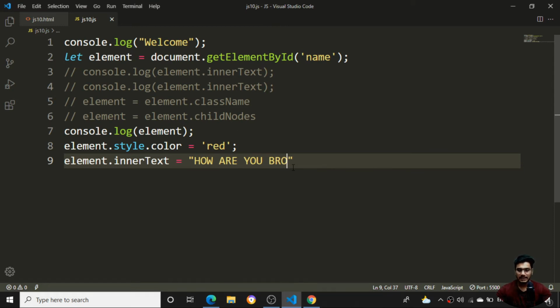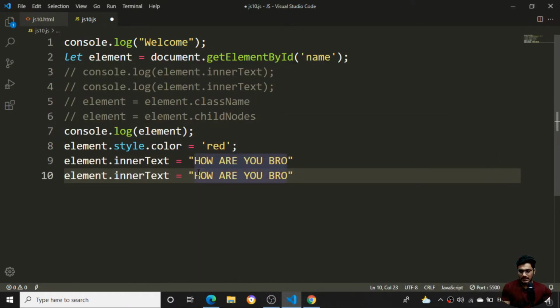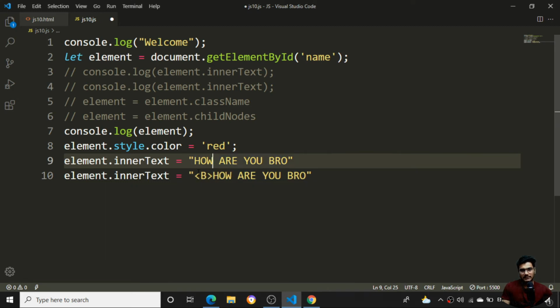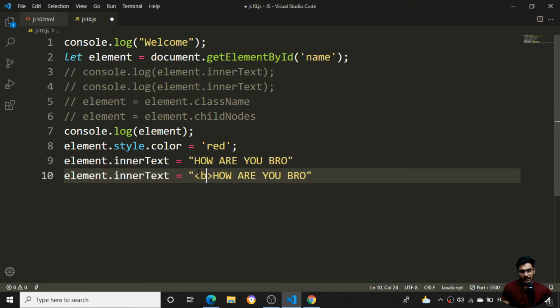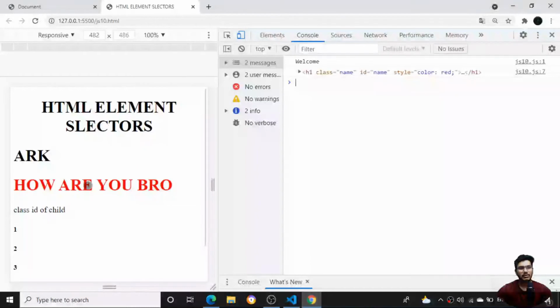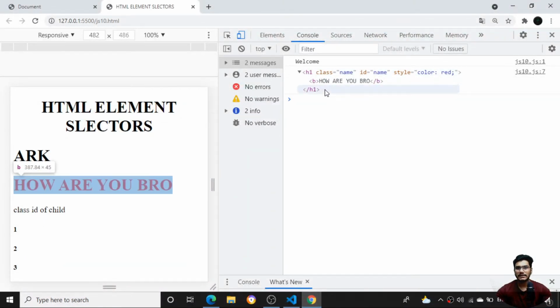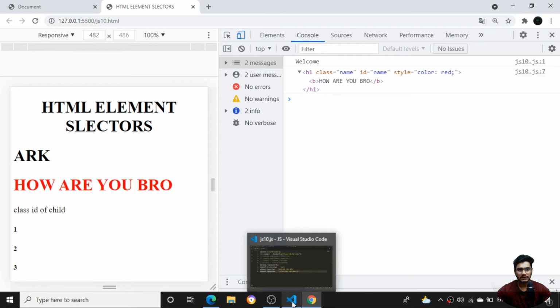So it will be displaying in the page. Now I want to display something in the bold tag, so I want to apply HTML to it. What I'll do here is tell it the bold tag, and I want to use inner HTML here. I want to use the inner HTML like this, and then the closing bold tag. If I give it the bold tag, you can see the text is coming inside the bold tag. If I inspect, you can see the bold tag is also coming over here. Whatever it is displaying, it is coming inside the bold tag.